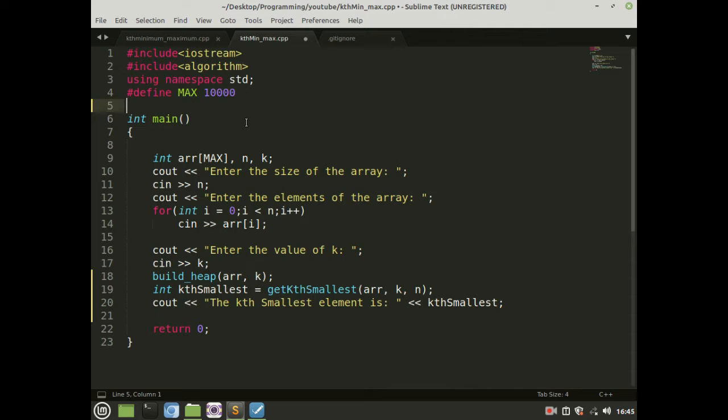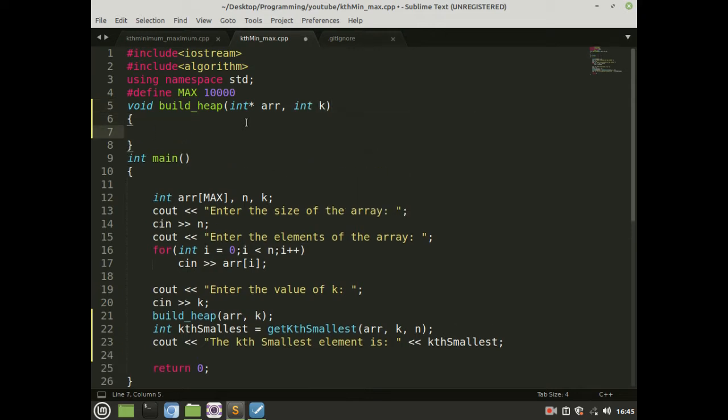The build heap function will return nothing, so void build heap. It will take the pointer of the array and the size of our heap, k.